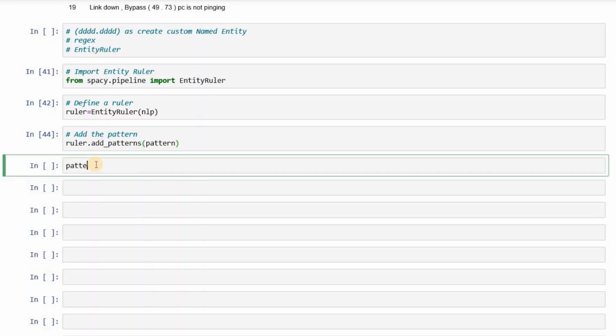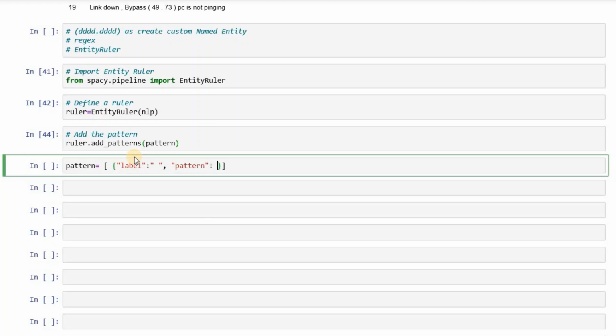So here we would define the pattern that would identify that format, so it will identify this type of text as an IP address. There is a format for defining this pattern for entity ruler: within parentheses we pass a dictionary where first we give the label, which is the name that we want to give to the entity, and the second part would be the pattern.